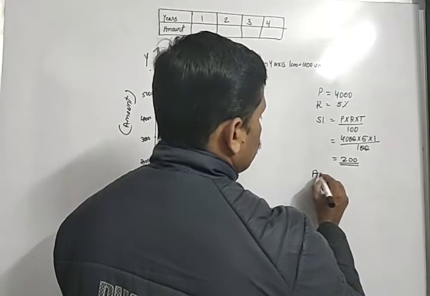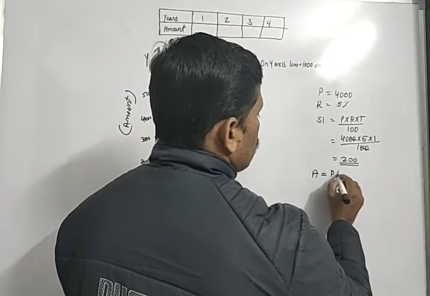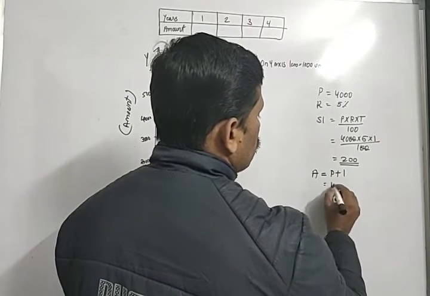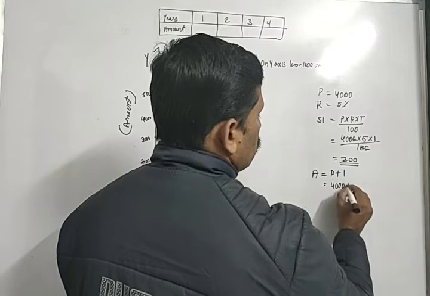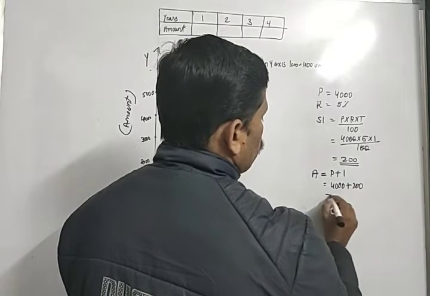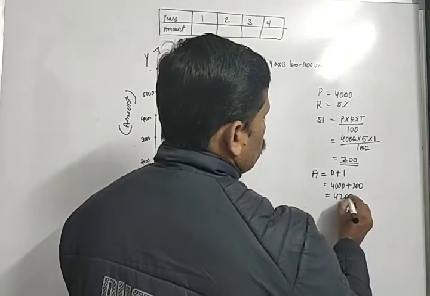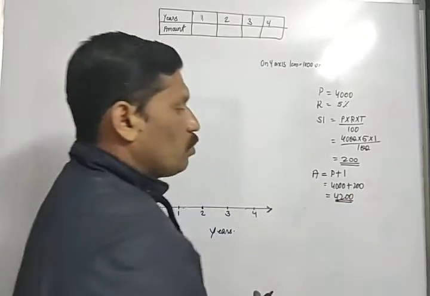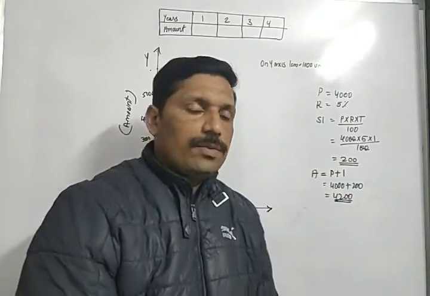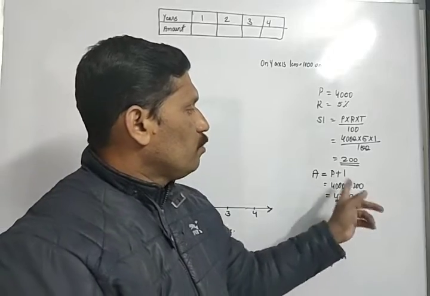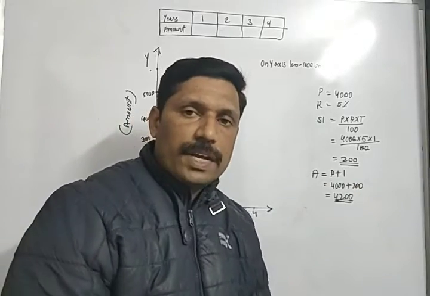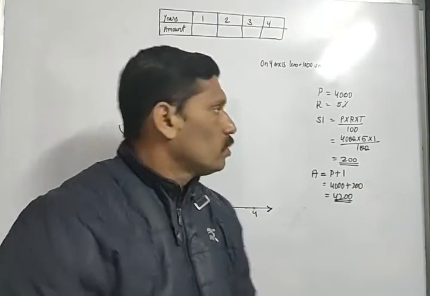The amount is equal to principal plus interest. That means 4,000 plus 200, that is equal to 4,200 rupees. So first year amount is 4,200 rupees, and with this 4,200 rupees, if we add again 200 rupees, then we get second year's amount. So here we write,